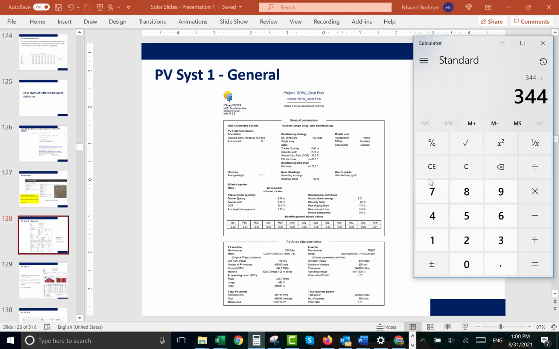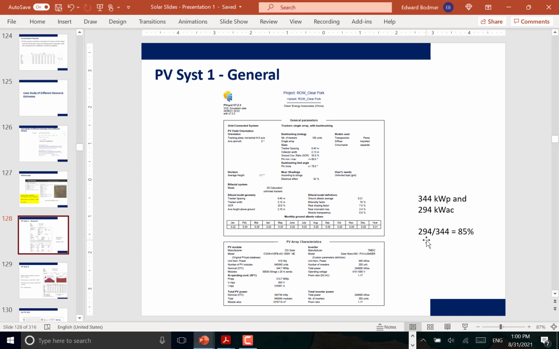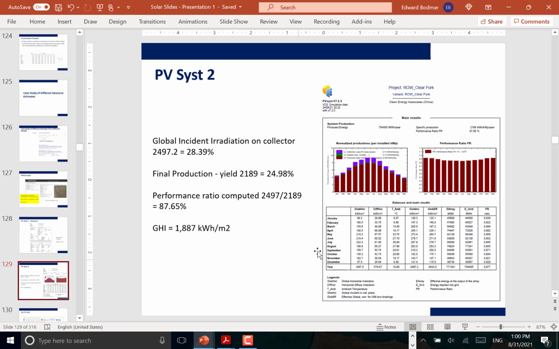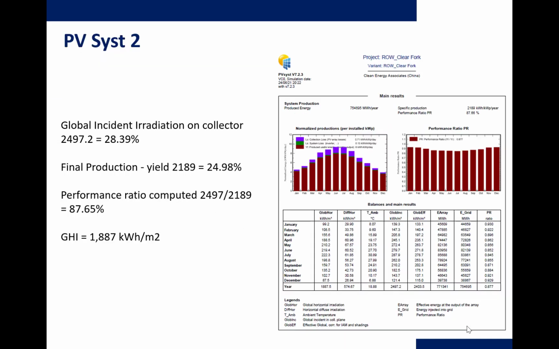344 divided by 295. Was it 295? 16%. 294. Okay, I'm not going to go through. And then we get, in this case, they gave a much higher performance ratio. And these consultants looked at the bifacial, and there was an increase in the yield from the bifacial. The global, and they show you the global horizontal radiation, and then they show you how much the increase in yield was from putting tracking